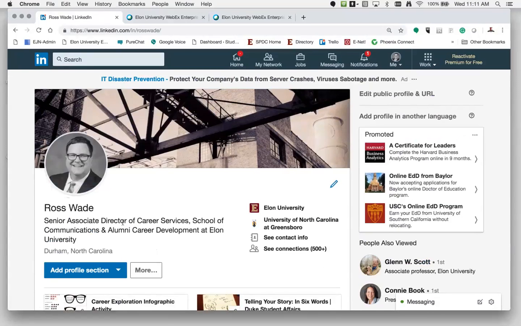But let's start at the very, very top, which would be your pictures. Now, LinkedIn is just going to give you, I think, a blue colored basic static image in the background if you don't have a photo. And most people use that, and that's fine. I'm a very amateur photographer, and so I put one of my photos of my hometown, Durham, North Carolina, in the background. But you can do what you want to. That's not as important as this one over here. So this is the face that you're showing the world. And so we want to think about your industry and also think about this has to be a professional photo.